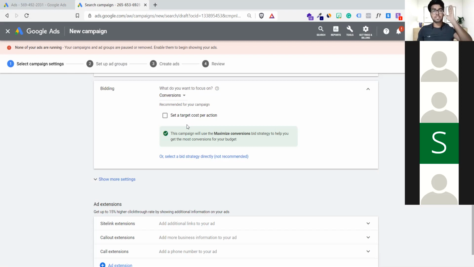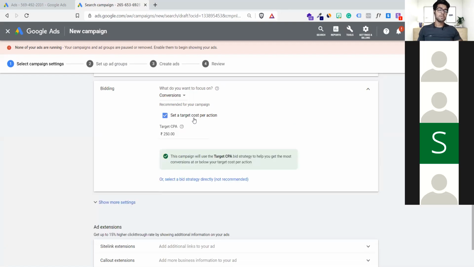The moment they start sending the traffic, people will start checking out, people will start adding to cart, and they will notice how your audience is behaving on your website. Then only they will say, okay, now we are good to go, and I can help you bring more customers similar to them.